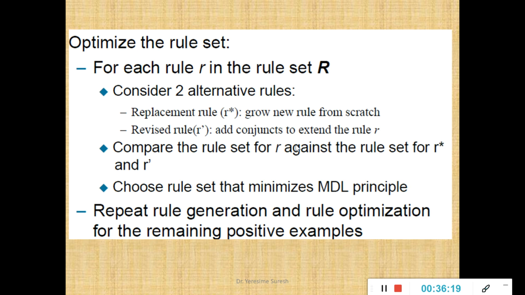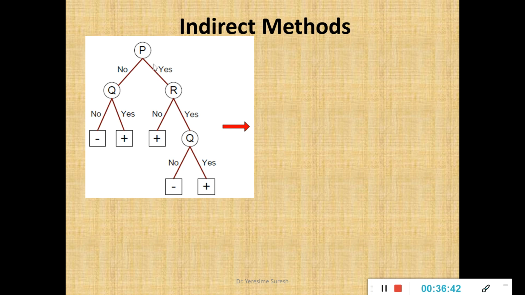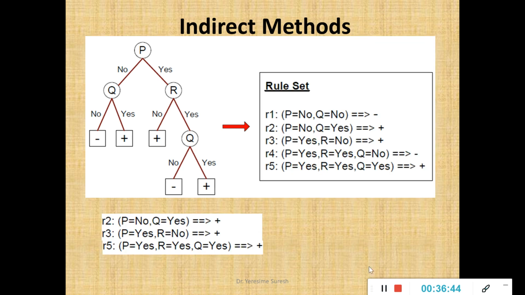And how is this classification model built? From the training data set. So from the existing training data set, if I extract rules directly, it is a direct method, your sequential as well as repair method. From this training data set, I prepare a classification model, and if I extract rules from the classification model, it is called an indirect method. And now we'll see the indirect method approach, wherein I have a decision tree. So we'll see your indirect method.